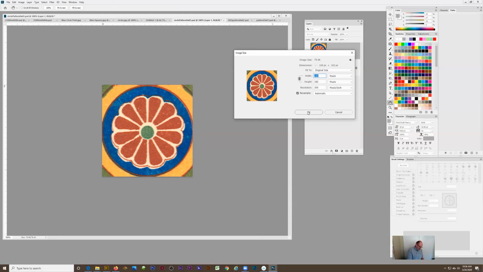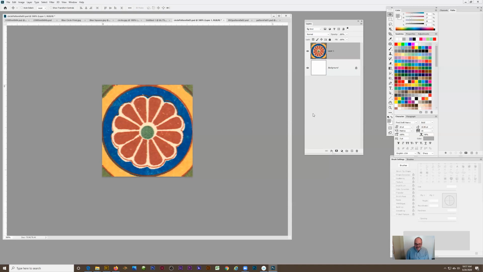So this is my orange. It's 160, so half of that is 80, and half of 162 will be 81. Okay, so that's what I want. So I got those numbers. You're like, Dave, why do you need those numbers? Because